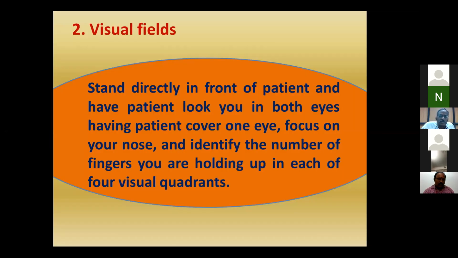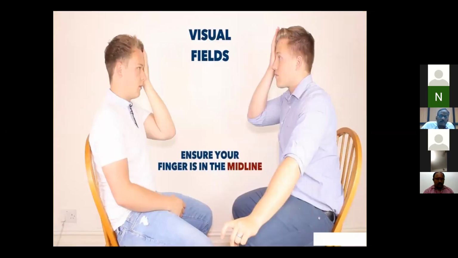Stand directly in front of the patient, or sit in front of the patient at the level of the eye, and both eyes must be in the equal range. Close the eyes and examine. Next, bring your finger, this is your eye, then the patient's eye must be fixed. The patient must see you and be constantly fixed. Next, move your finger up, down, laterally, and medially, and confirm the maximum limit of what this eye can see.